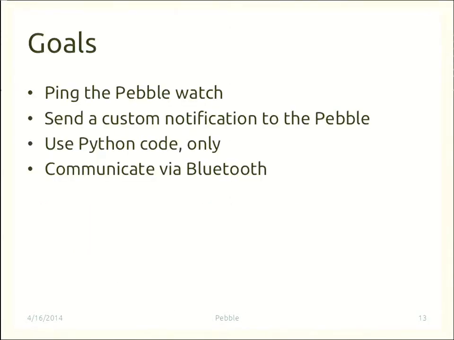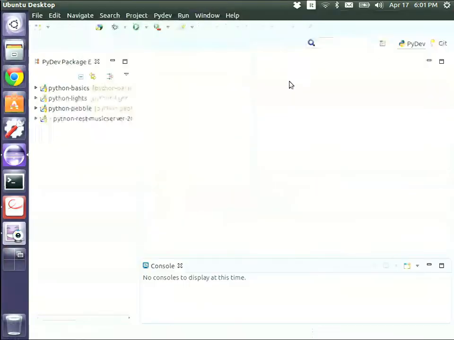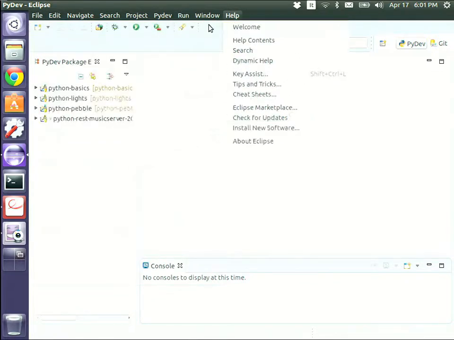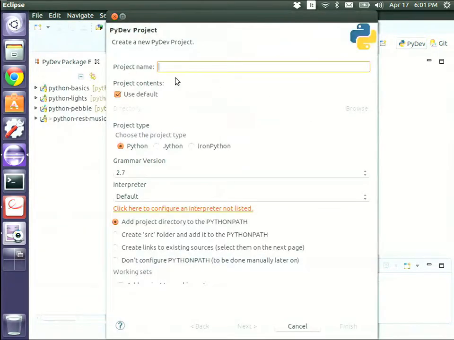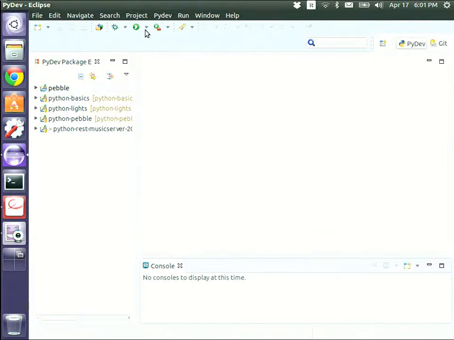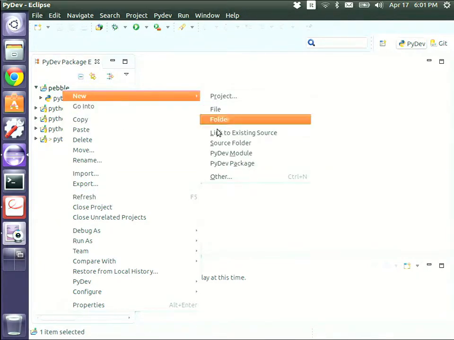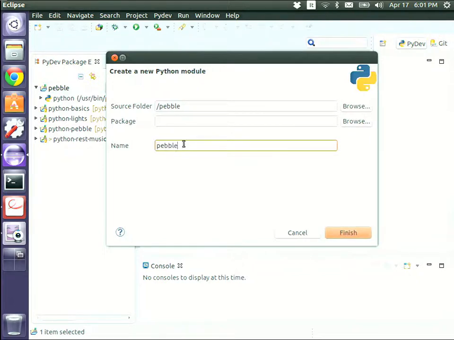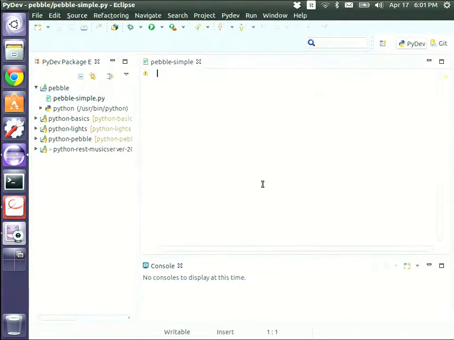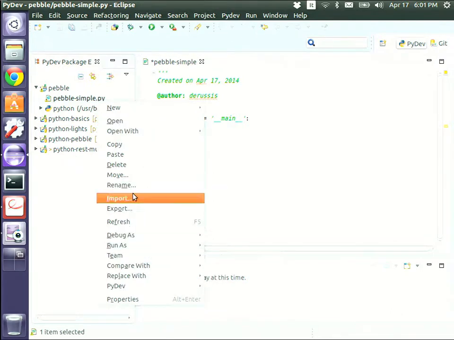We would like to ping the watch, well, open a connection with the watch, ping the watch, and send a custom notification to the watch, textual notification, in Python. Okay, so project. Okay, so